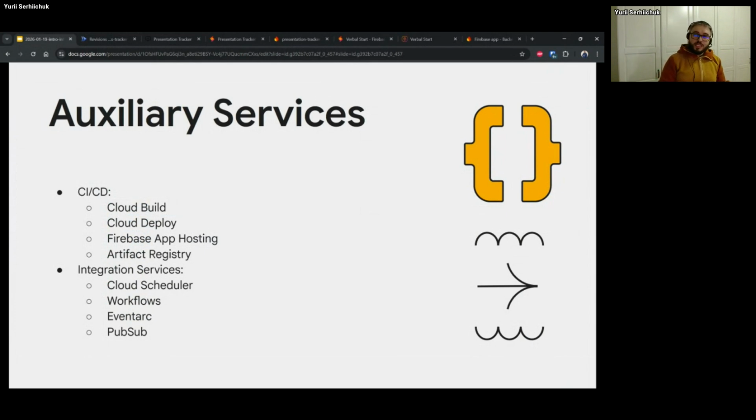And then for the integration type of services, I would probably name those that you will use more frequently. So the Cloud Scheduler is basically a managed cron job service. You can create a schedule with a cron job, and tell it, hey, I want you to hit this endpoint, or I want you to create a message or do something. Then we have Workflows, which is a YAML-based general purpose pipeline with a vast library of connectors to Google services. And this is somewhat similar to n8n, if you maybe know, where you create workflows,